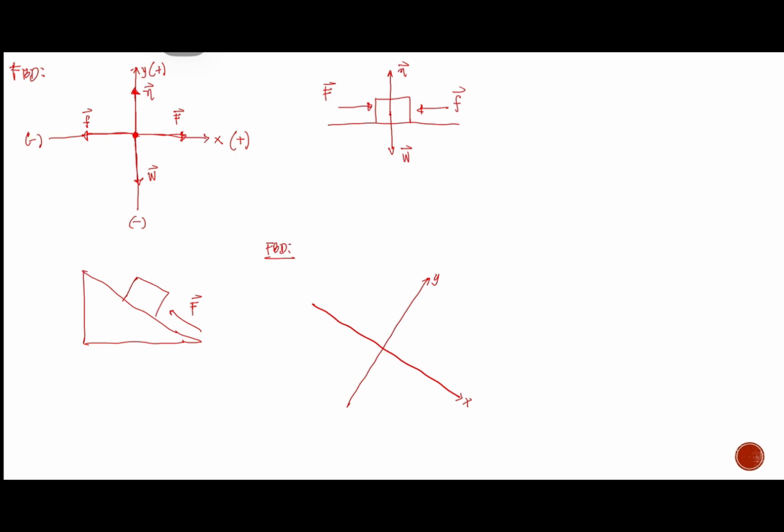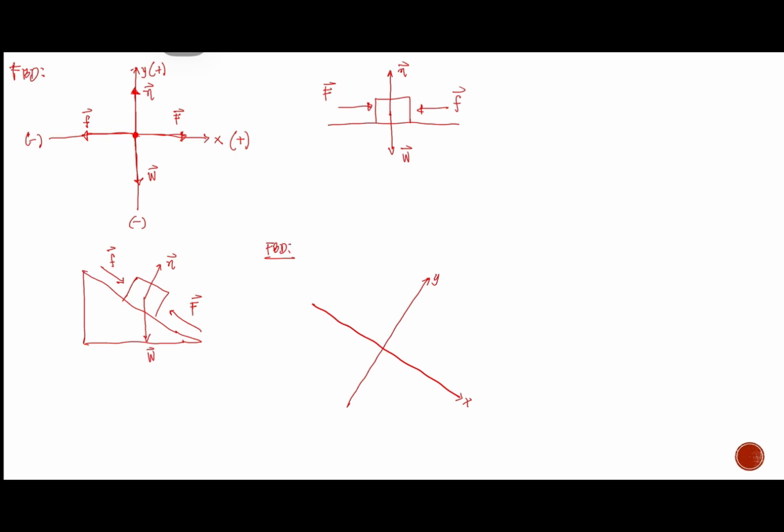So now, before we go to the free body diagram, let us first determine the forces that are acting on our box. Okay, so again, we have our normal force that is perpendicular to the surface of contact. And then we also have our friction force, which is opposite to the direction where the object slides, so it is going downwards. So this will be our friction force, and then our weight is again directly straight downwards.